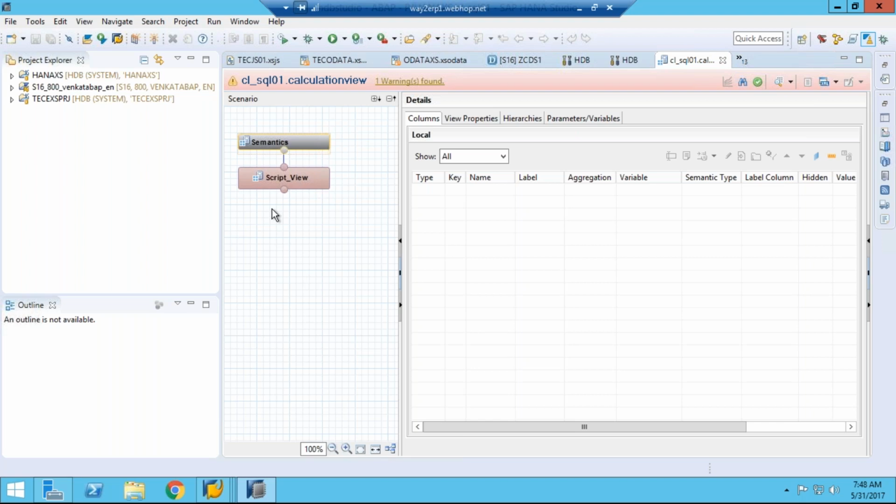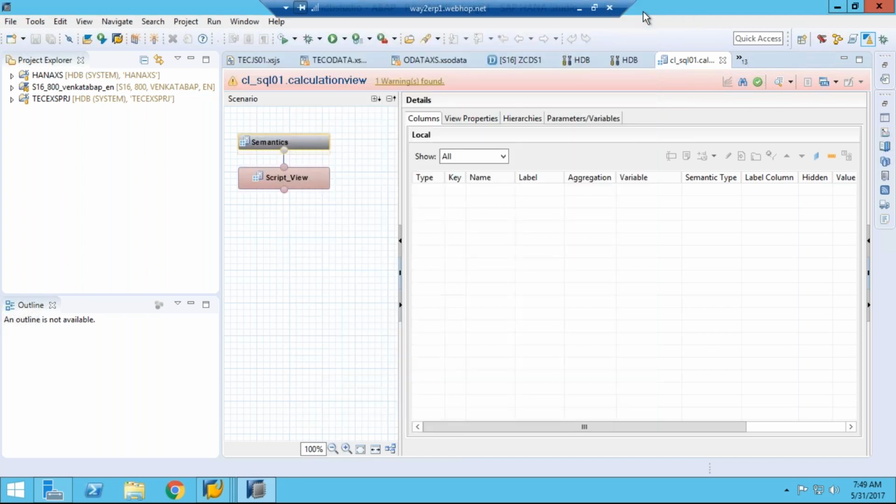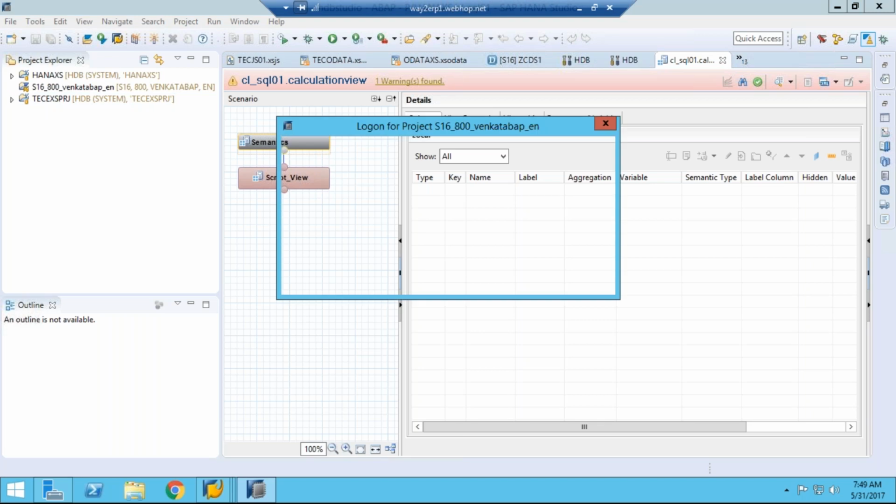If you want to create a new connection, select an ABAP project, and whatever logons are there, I can see from the logon. Once you create a project, it will be available in your project explorer, and you can work on it anytime. If I open this one, I have to give the password.